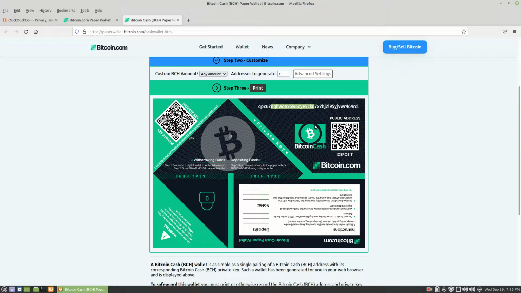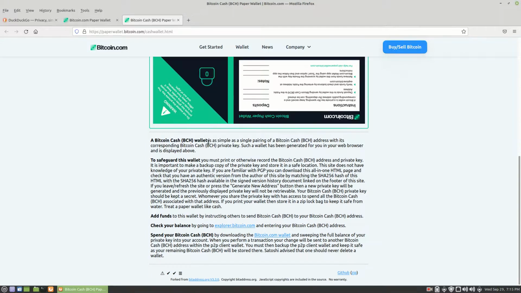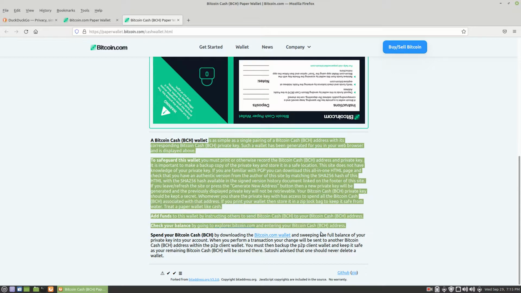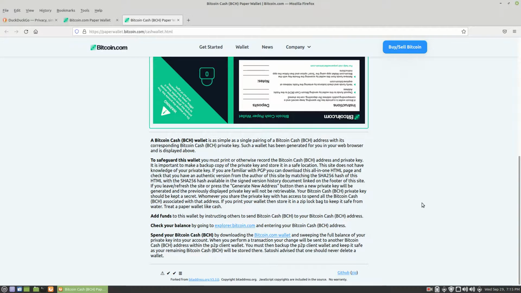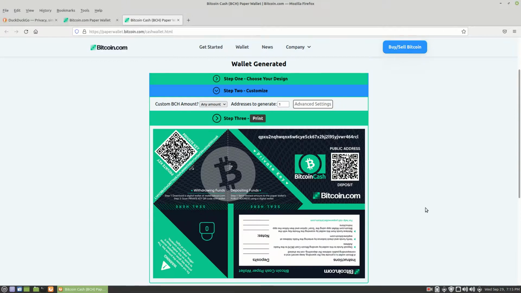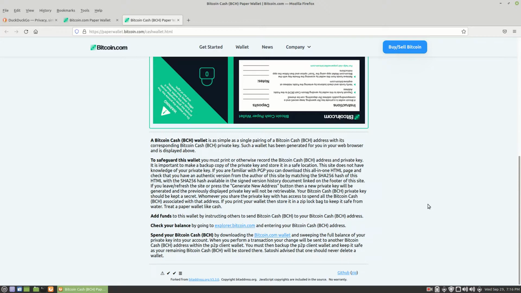All right. And then there's some further instructions down here if you want to use it. Now, this is how you generate a Bitcoin wallet online. All right. Now, I'm going to show you the other way, which is safer and more secure. You just scroll down to the bottom of this page, and you'll see over here on the bottom right-hand side, it says GitHub. Left click on GitHub,